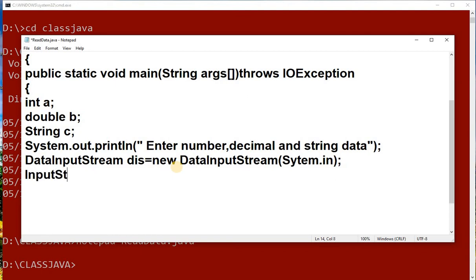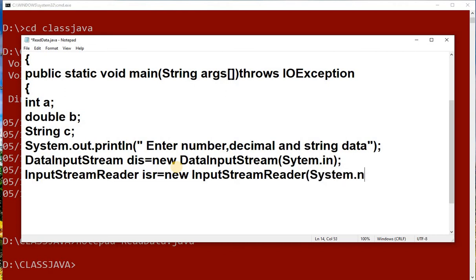The next one is InputStreamReader, new InputStreamReader of System.in. System.in is the class which is used to provide input into your program using your system. So this is saying that you are going to use this for giving input to the program.